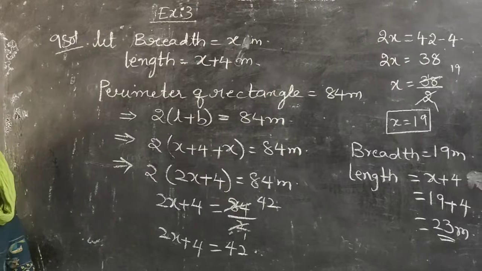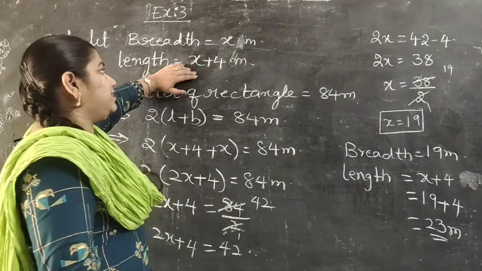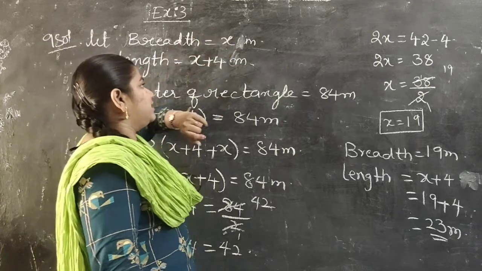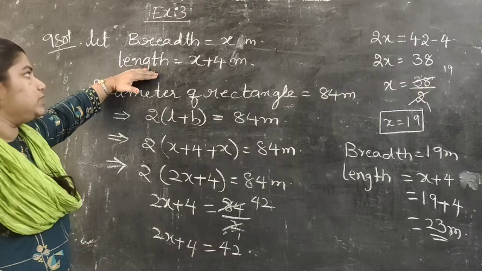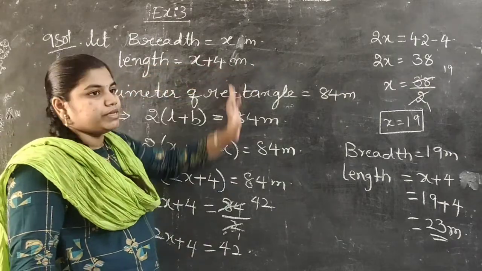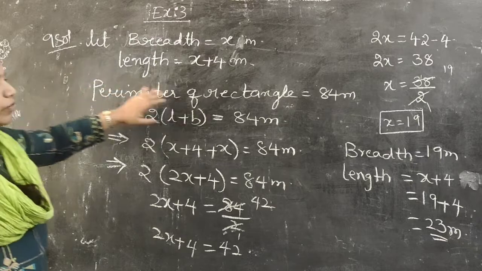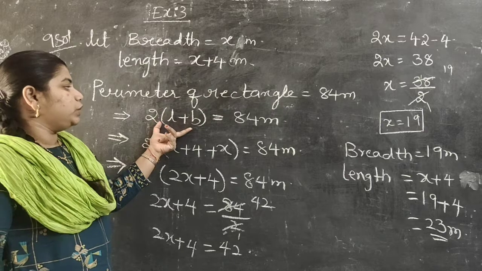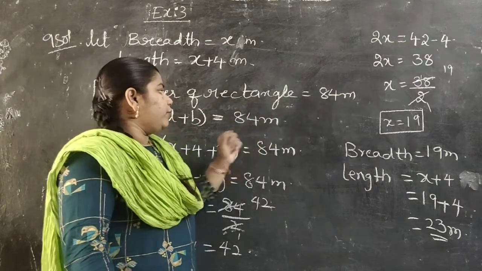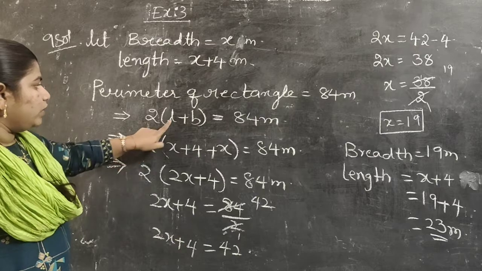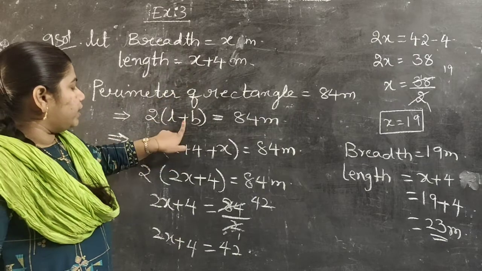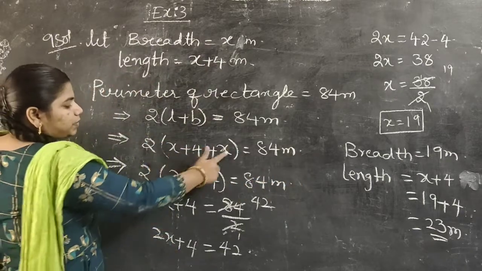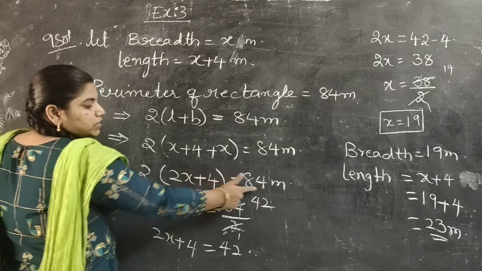So once again you see this, they told that length of a rectangle exceeds its breadth by 4. They didn't mention about breadth value, so we are taking it as x here, and by the given sentence we got the length value as x plus 4 meters. Now, they have given the perimeter of a rectangle is 84 meters. So already we know perimeter of a rectangle formula, that is 2 into L plus B is equals to 84 meters. Now 2 is a constant value, length value is x plus 4 and plus breadth value is x is equals to 84 meters. Now x plus x is 2x plus 4 is equals to 84 meters.